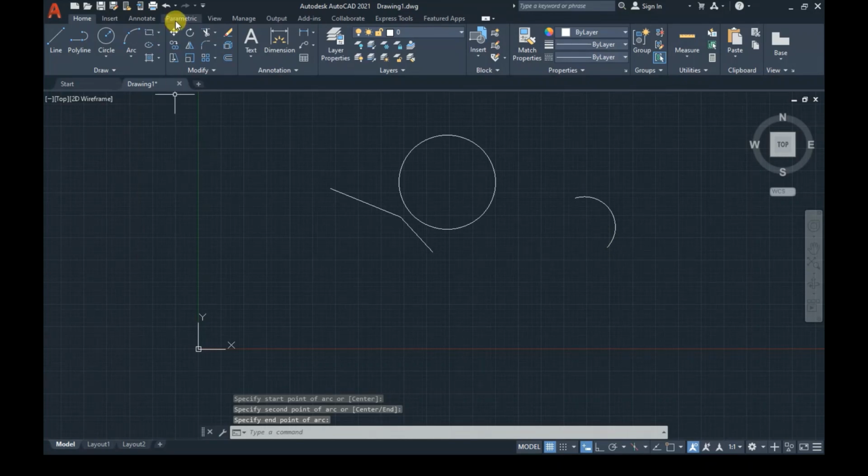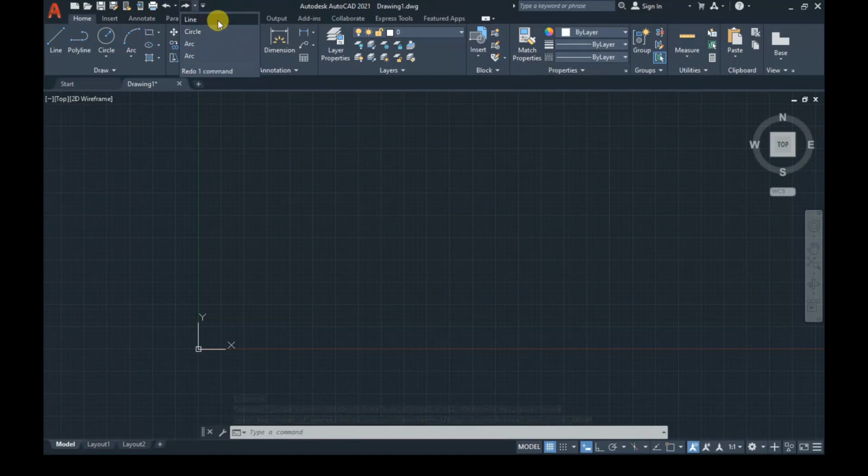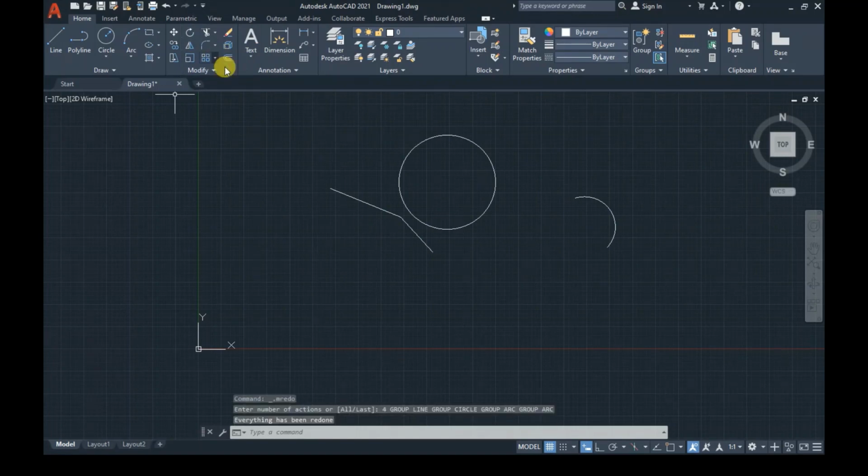Fine. So now if I say undo, undo, undo. Now in this redo, there is a drop down button, and it lists line, circle, arc. If I click on arc, I have all 3 options available. So it has redone all the processes.